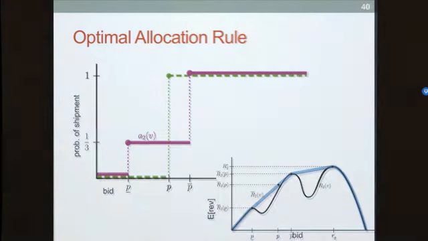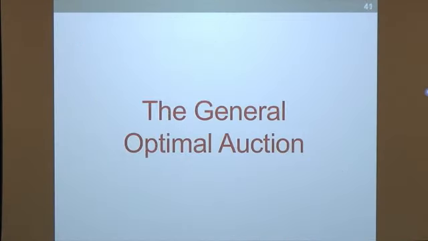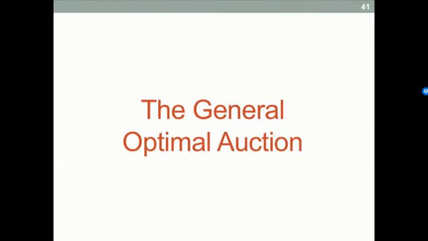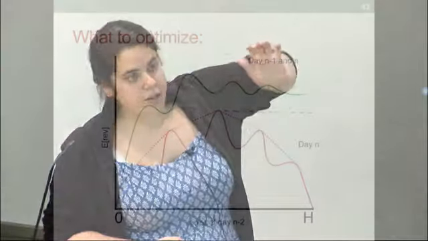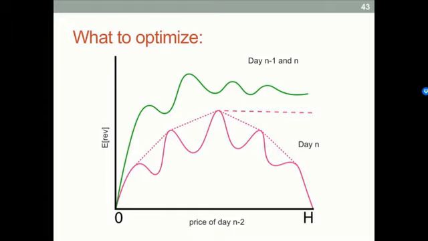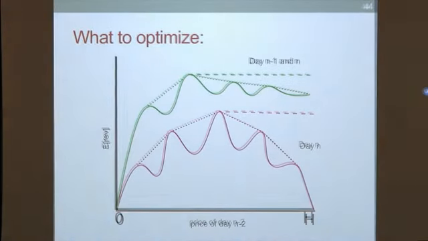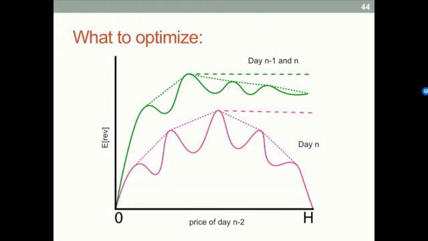Okay. Cool. So that was just for n equals 2. So how does this generalize to any n? Well, we talked about how to combine this curve for 2 days. We started with day 2, and then we added day 1 on top. You can do this for n. You start with the day n revenue, and then you reason about the revenue from day n given a price on day n minus 1. And you add that on top, and then you can iron it and flatline it to talk about the revenue that you're going to get from the last 2 days given a price you set on the 3rd to last day.